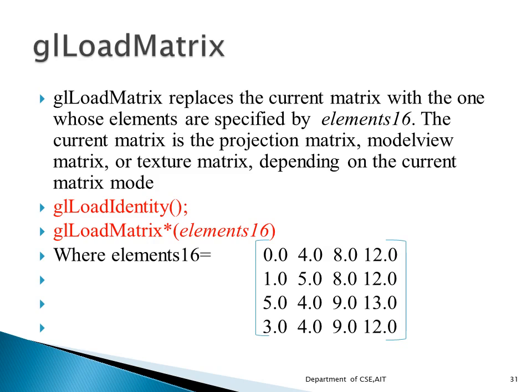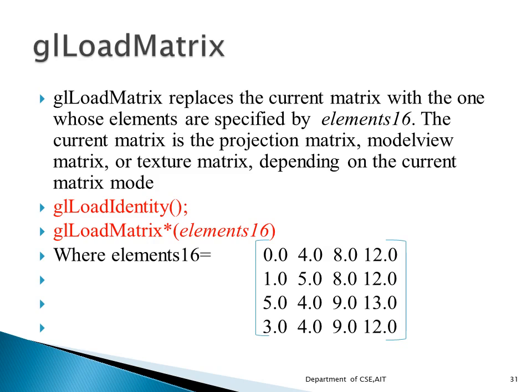Whatever array you are going to specify, those array elements are going to be assigned to the elements of the current matrix. In glLoadIdentity, we are going to assign the identity matrix to the current matrix. That means the zeros and ones of the identity matrix will be loaded into your current matrix. To load the identity values, we use glLoadIdentity.